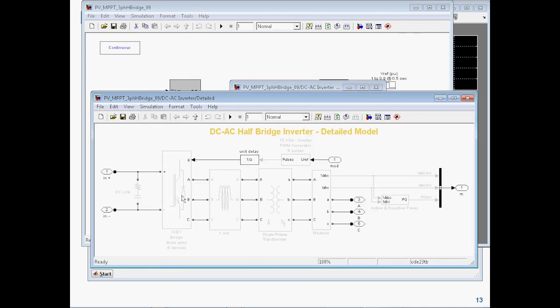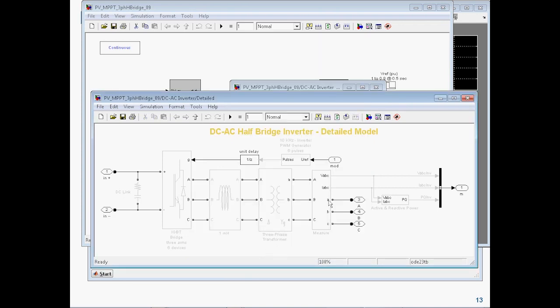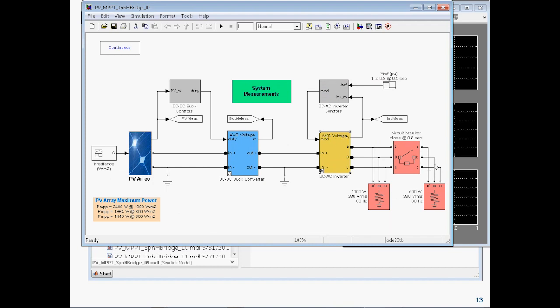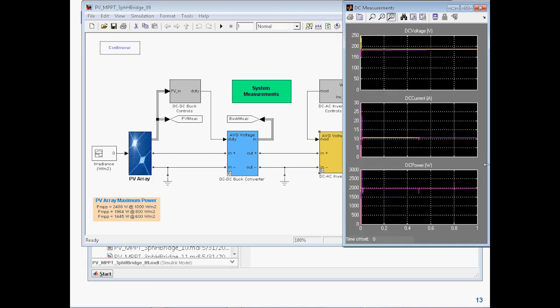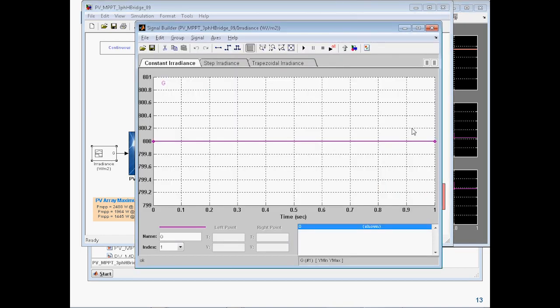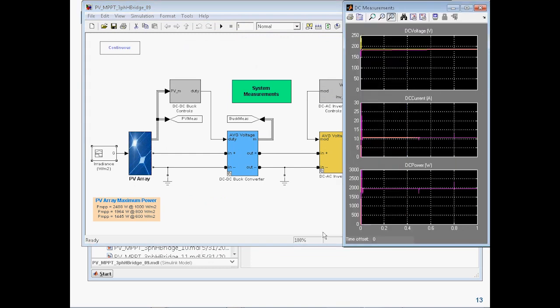In this case, my IGBT bridge is a 3-arm bridge because I want to generate 3-phase AC. I'm going to be running the average voltage first, so let me press play here. And what you will see is this is the DC side. So 2000 watts, because I think I'm using 800 irradiance, so 2000 watts on the DC side, and then on the